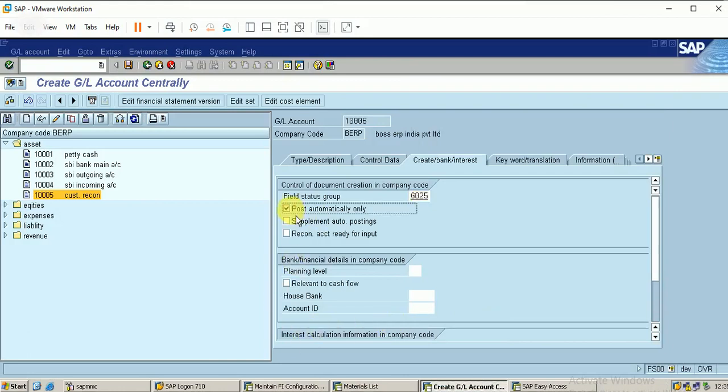And click on post automatically only. I will not use this account in any entries of the transaction. Goods receipt must pick this account by default. So I just click on post automatically only and save this account.